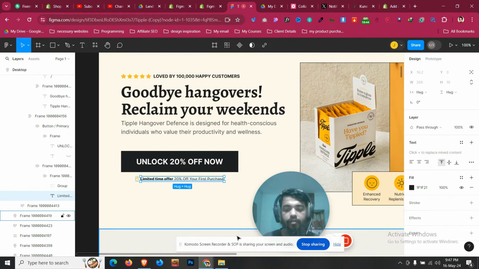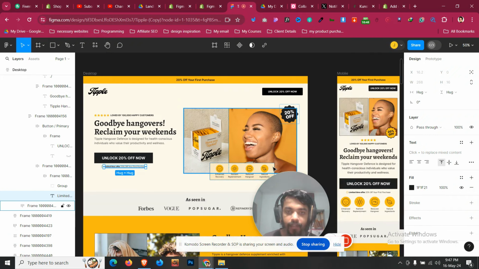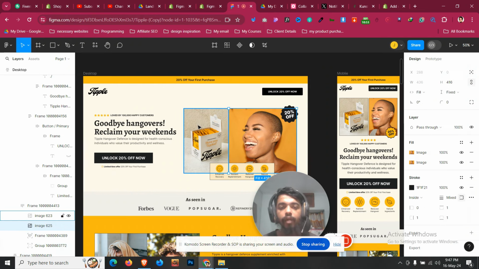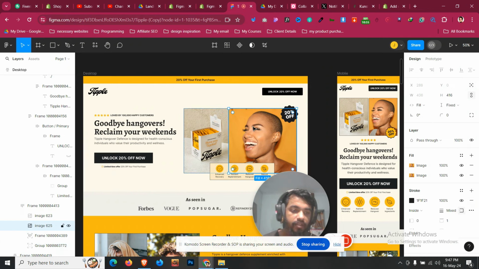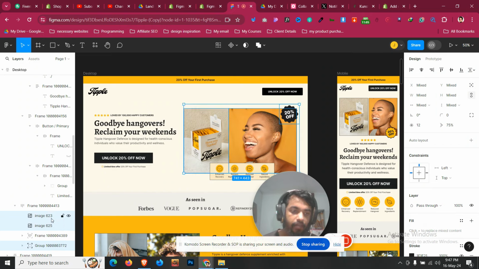And then let's press Control minus to zoom out. So again we can see what is on the right side. On the right side we have an image with a badge as well. So now what I will do, as you can see, this is an image, this is an image, and this is a frame, right? So I will hide this; this should be there, but this and the second image, third image,